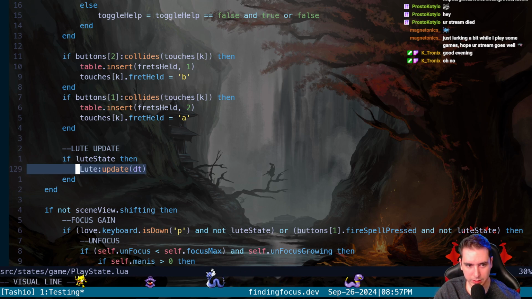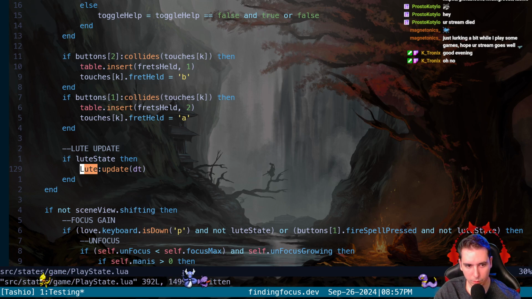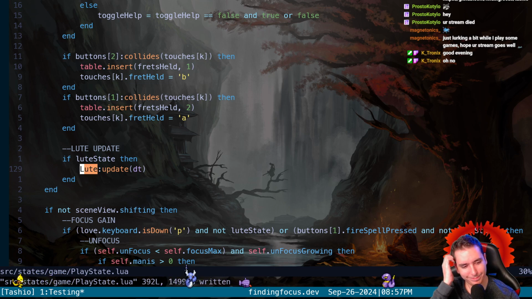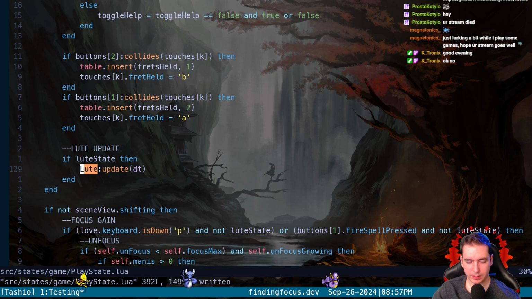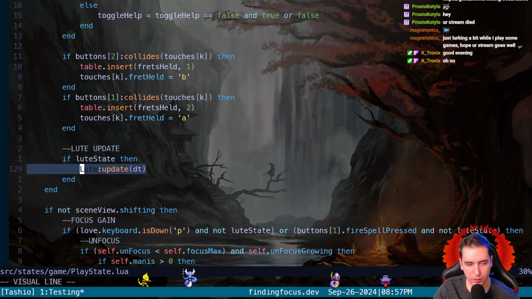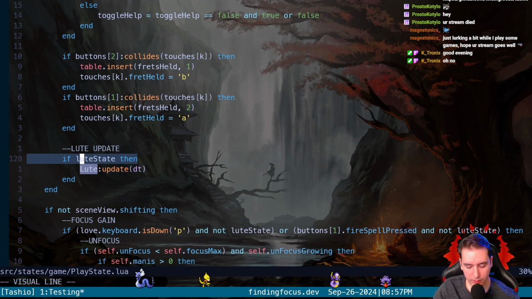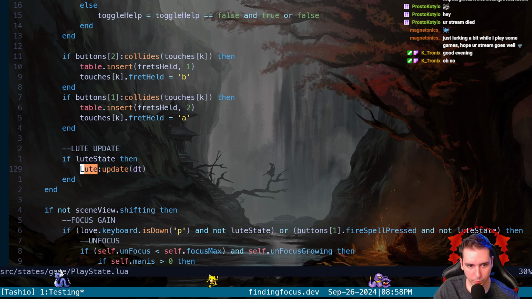We know Lute state's getting toggled. Oh, but yeah, Lute state isn't an actual state like our inventory system is. So we stay in play state until we hit the B button with our Lute equipped, and then we should be in Lute state.